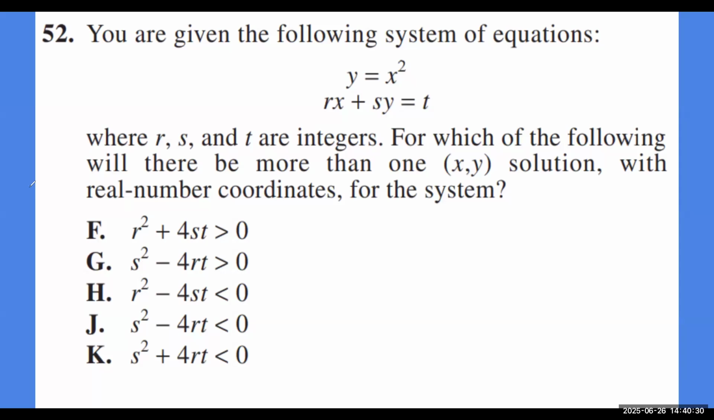You're given the following system of equations: y equals x squared, rx plus sy equals t, where r, s, and t are integers. For which of the following will there be more than one xy solution with real number coordinates for the system? Okay, so a system of equations, you should be thinking through different ideas like elimination